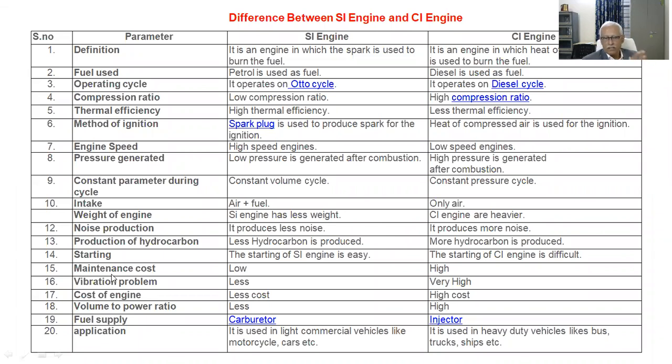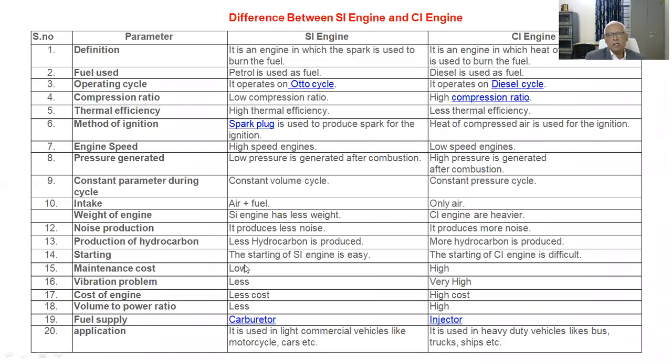Starting: definitely the starting of the SI engine is easier, even without much vibration it will start. Whereas starting a diesel engine needs more torque, because the battery and the starter motor will be doing more work in order to start. The cranking is also tough because of the high compression ratio, which gives more resistance to movement, and hence you need a high capacity starter motor. In the SI engine, you need only a small capacity starter motor, and hence a small battery will do. In the CI engine, you need a big battery.